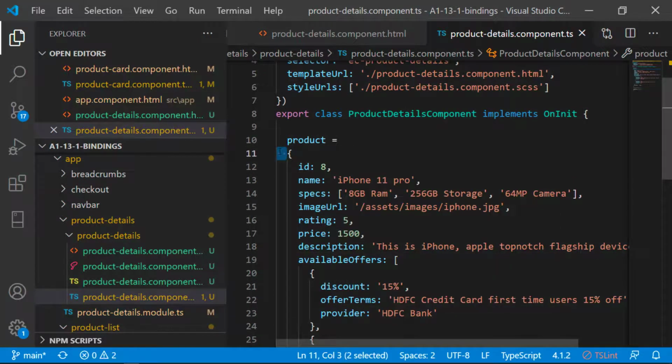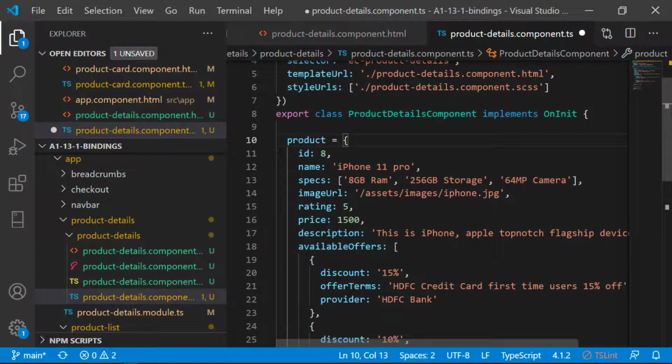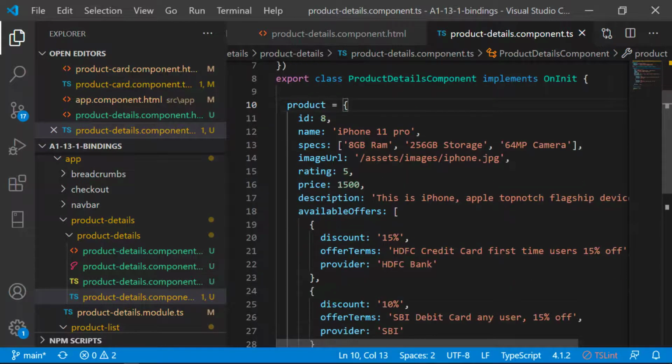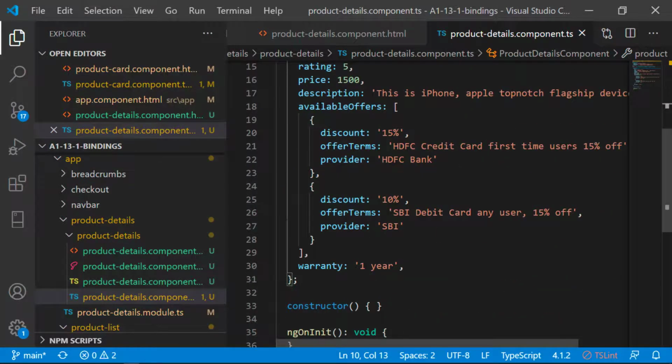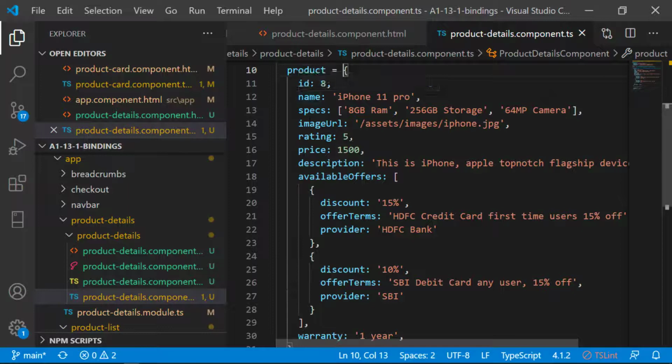Let's quickly go over what information it has. It has ID, name, specs, which are nothing but what features it has, then image URL, then rating, price, description, what different offers are available, and then warranty. So all this information has to be shown on the UI.